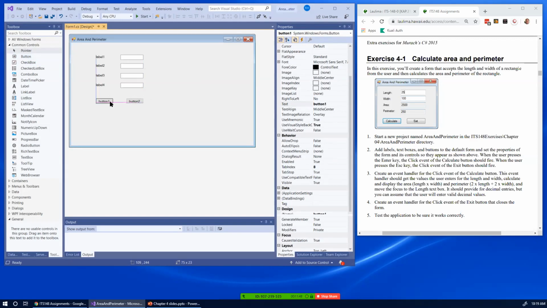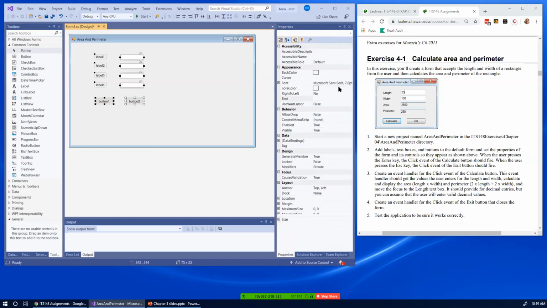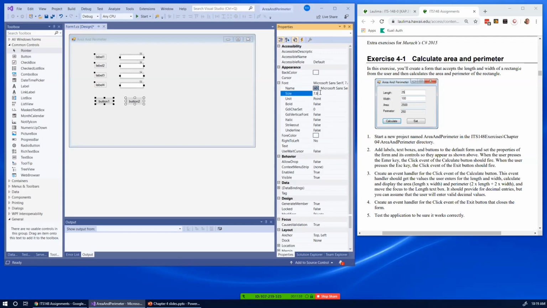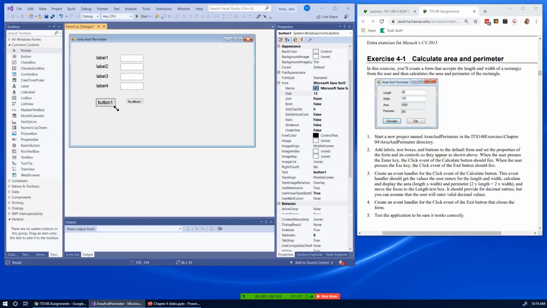Okay. So now I've got this button two lined up, and I'm going to select all of these, and I'm going over here, and I'm going to change the font to something much larger, like 12. Enter. Okay. Let me make this a little bigger. Make this a little bigger. And now I'm going to continue to make it look like this. For the label 1, I'm going to put,